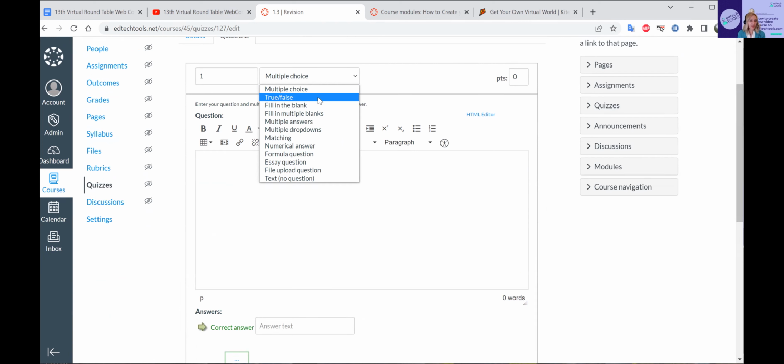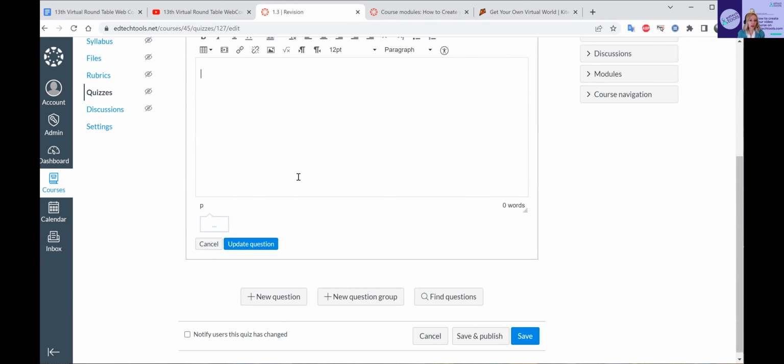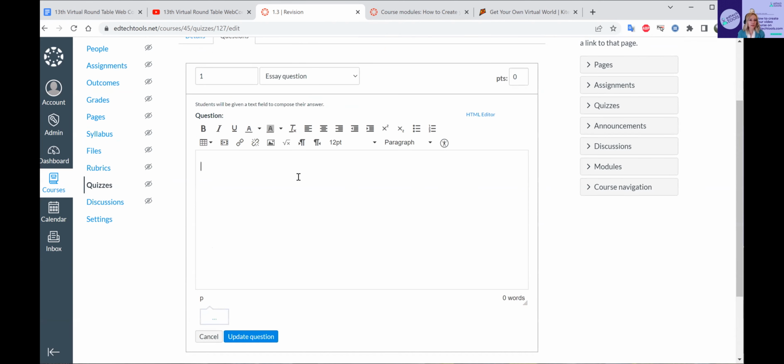It might be a better idea to get your students, the teacher participants, to upload something, or to just write a brief answer. Students will be given a text field to compose their answer, and you can ask them a simple question like, for example,